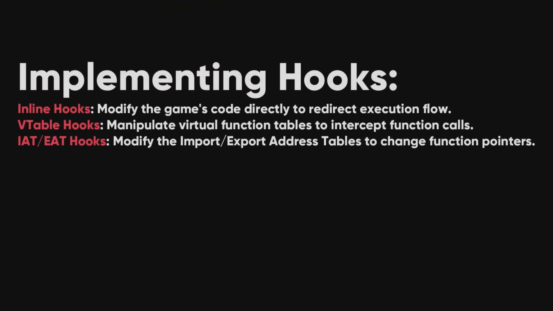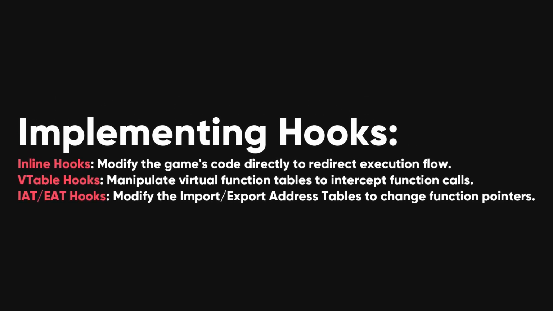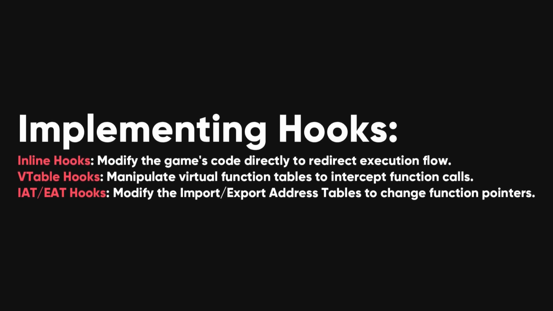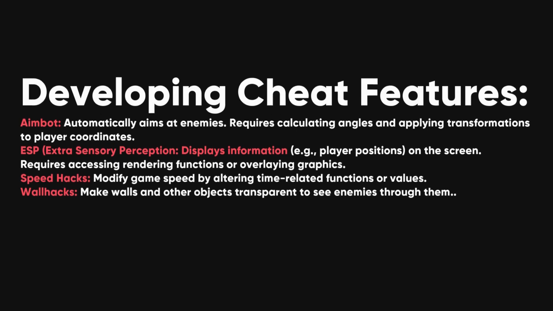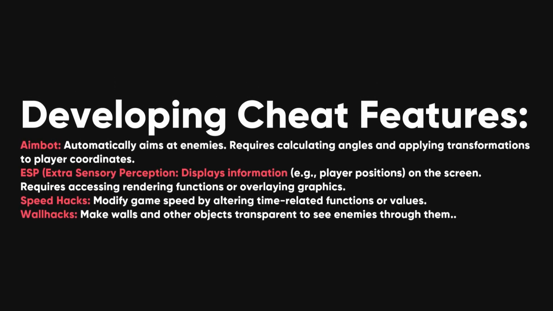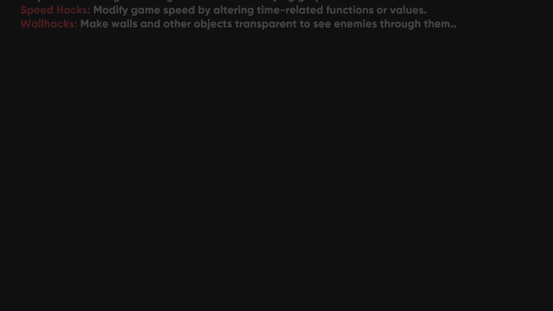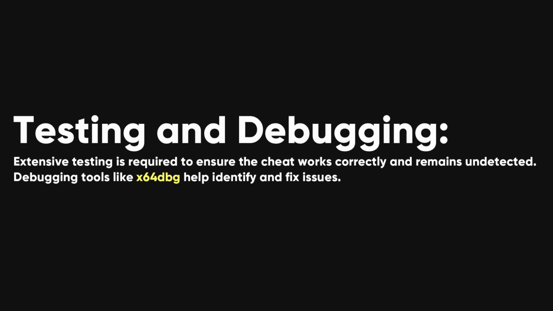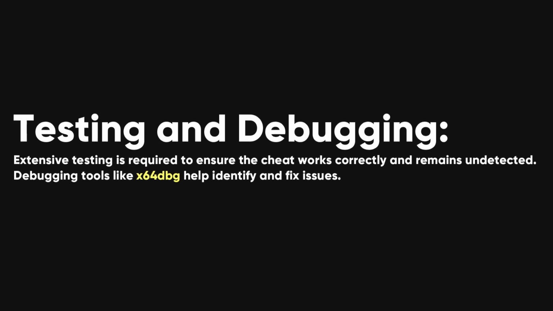Implementing hooks extends or modifies the game's functions, including inline hooks that modify the game's code directly, VTable hooks that manipulate virtual function tables to intercept function calls, and IAT/EAT hooks that modify the import-export address tables to change function pointers. Developing cheat features depends on the cheat type, with internal cheats implementing sophisticated features like aimbots and ESP, extrasensory perception, and external cheats focusing on simpler yet effective manipulations. Testing and debugging are essential to ensure the cheat works correctly and remains undetected, using tools like x64dbg to identify